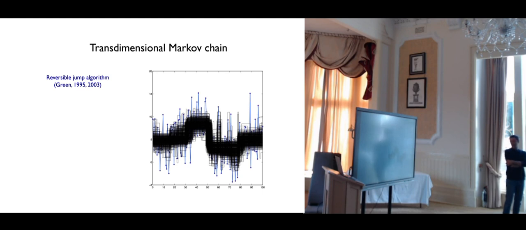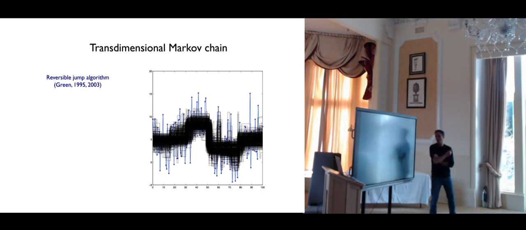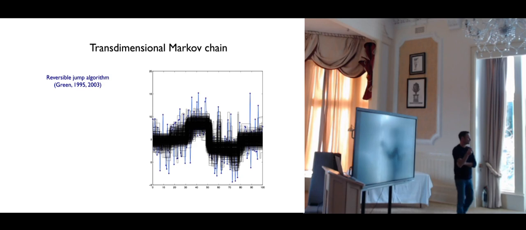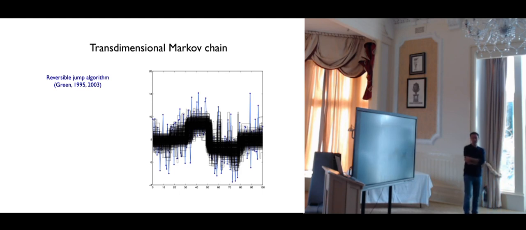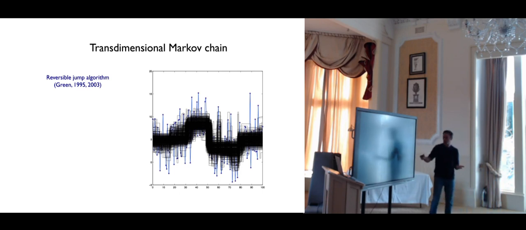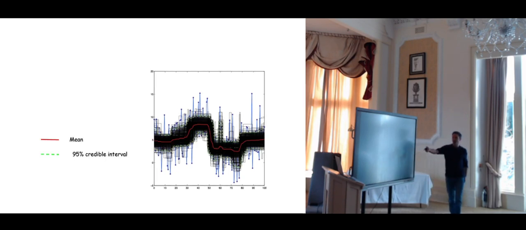And the problem is that it's very ugly. We have a large cloud of black models, and it's very difficult to look at and to interpret because it's a big distribution, and so we have to make an effort now to extract information from this distribution. And one thing that we can do, and that may make sense, but it's a choice, we can look at the mean value here and the credible intervals.